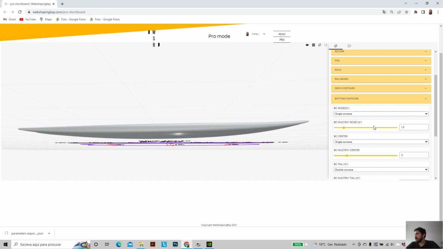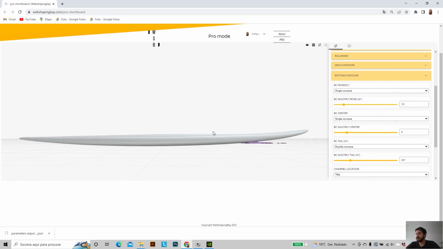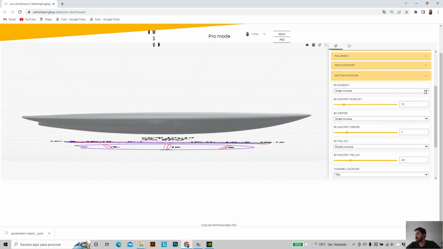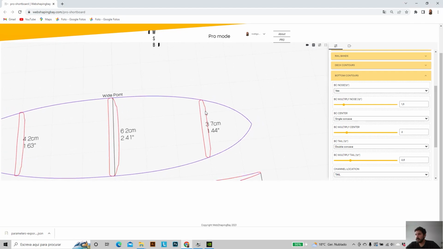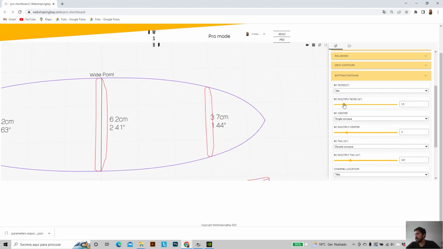So let's see, we have these options. Let's have a V bottom. We can also see here it's a bit V now. Let me increase this to be more obvious. So we have the V here,